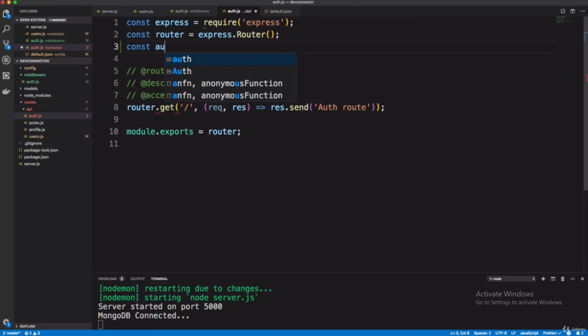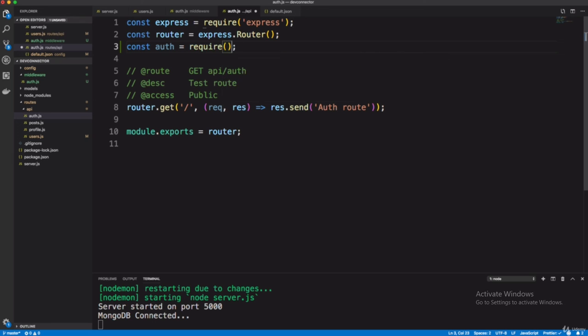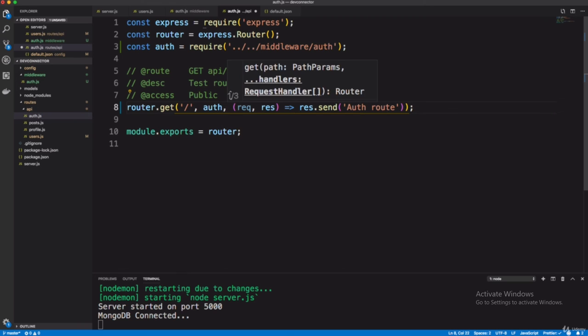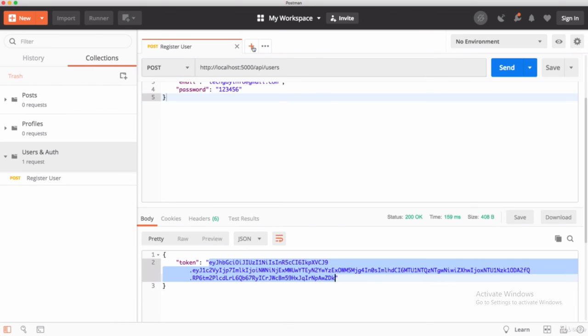So const auth equals require, ../middleware/auth. Fine, I'm getting this auth file here. I'm just putting it in between. Now as you can see, I am putting a middleware in a get route. If I apply a token, then I can use this route.